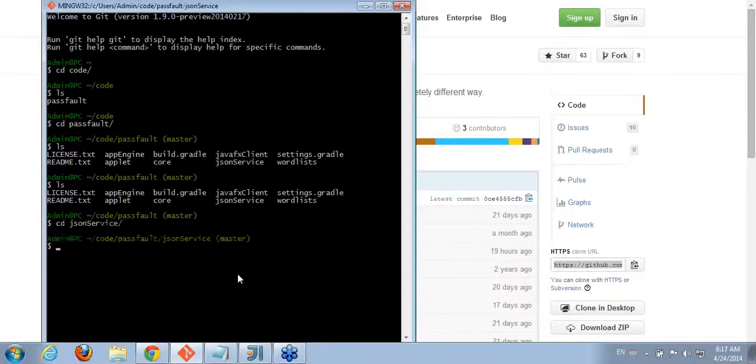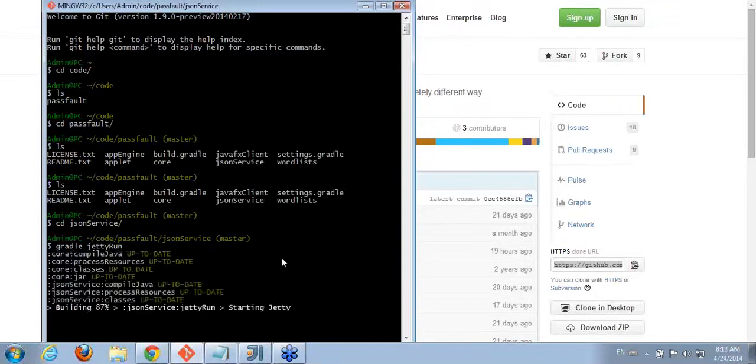So let's step into that. And I'm going to run it. I just upgraded to Gradle, and it's fantastic. I love the build system. I think this will help people jump in, contribute. You'll also notice that there is an applet for this. So if you did want to run this locally, there's the build for the applet. They're all published out to Maven Central.